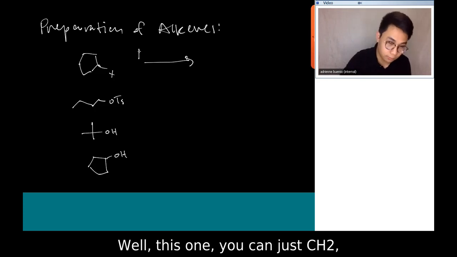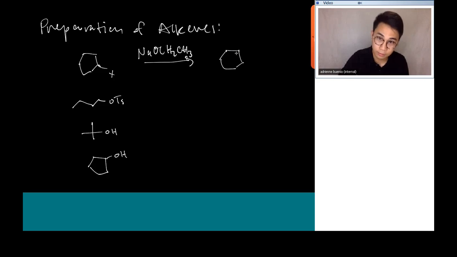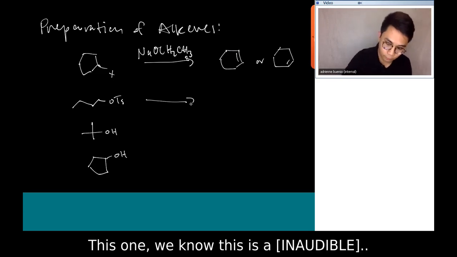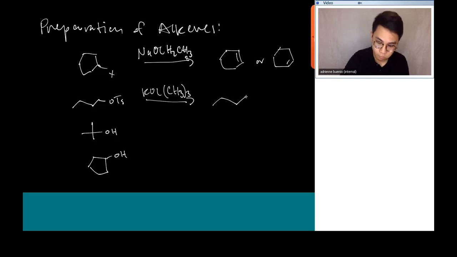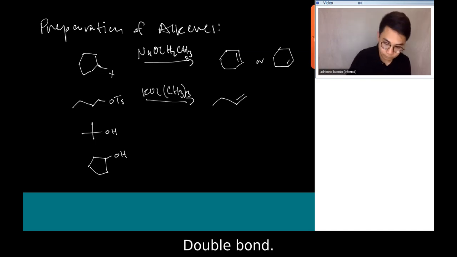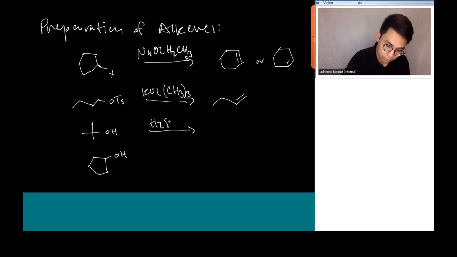Well, this one we can just use CH2, CH3 to eliminate that halogen, right? Or this one, we know this is a tosylate, right? KOC(CH3)3, right? Double bond. This one, how do we get rid of alcohols? H2SO4, right? And then